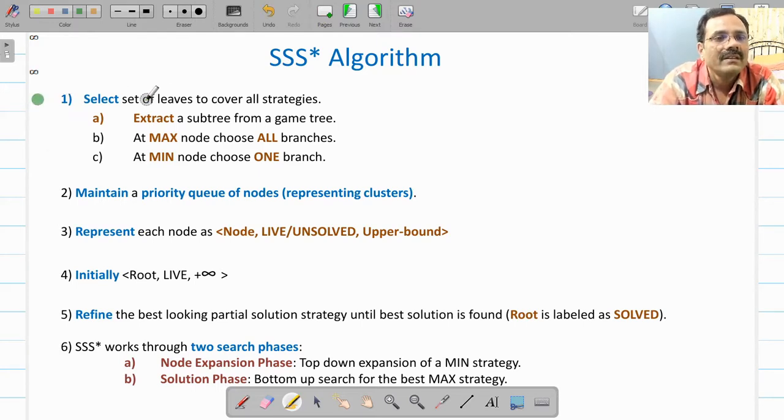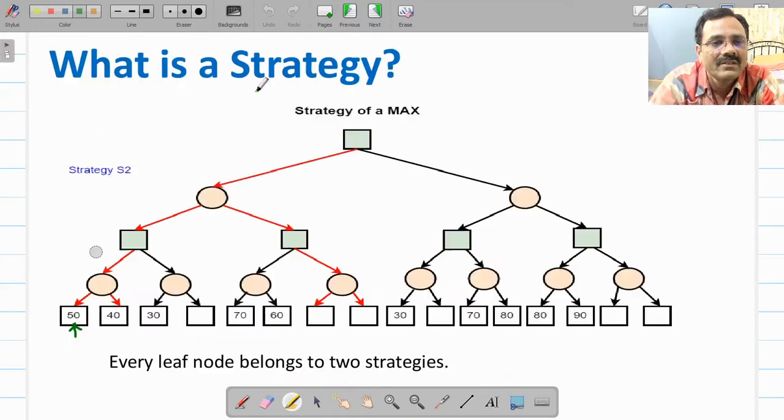First step: it selects a set of leaves to cover all strategies. How to do that? We have to find a set of leaves which will cover all the strategies. So let us go back to the game tree that we were discussing earlier. Suppose this is your game tree. Since the number of lines is 4, there are 8 possible strategies.